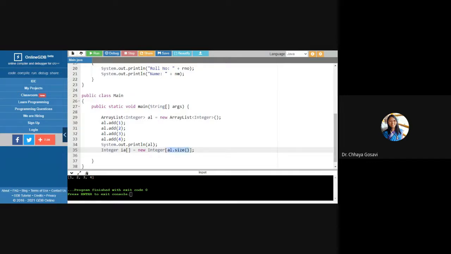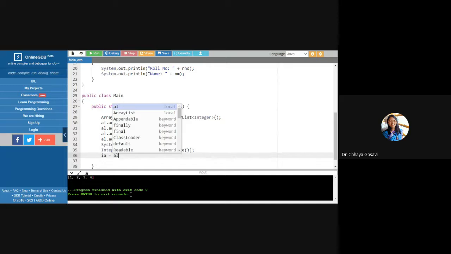AL dot size. Here we can pass 1, 2, 3, 4 like in the normal case of an array, but here, as this array list is dynamic, we are passing the size function. So the integer array is created. We want to convert this array list AL to the integer array. So IA is equal to AL dot toArray. The function is toArray.